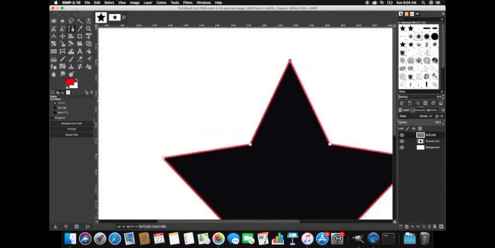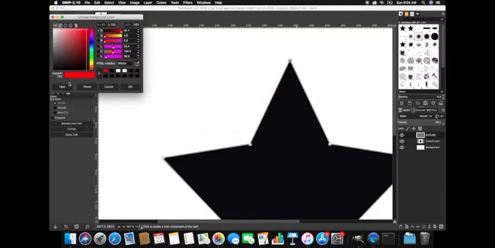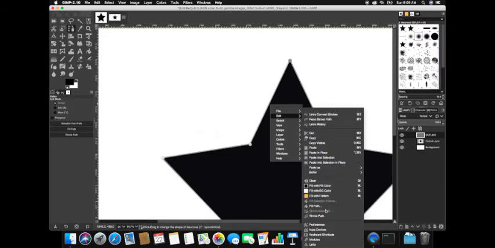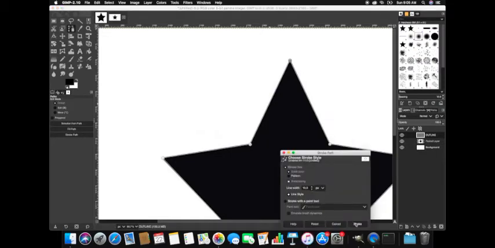I go to Edit, right click, Edit, Stroke Path, and if you saw right there, it just stroked the path in red, and I don't want it to be red, right? So I'm going to come over here to red, switch it back down to black. I'm going to hit OK, and now when I right click, Edit, and go to Stroke Path and hit Stroke,